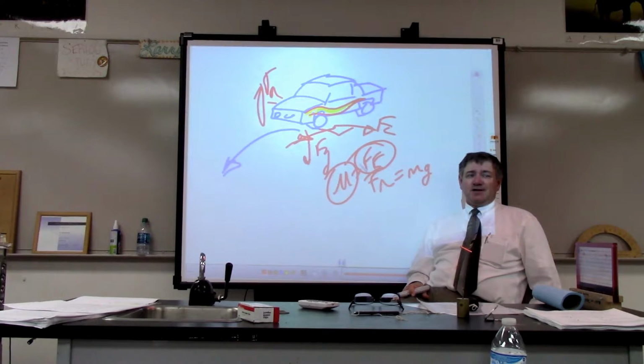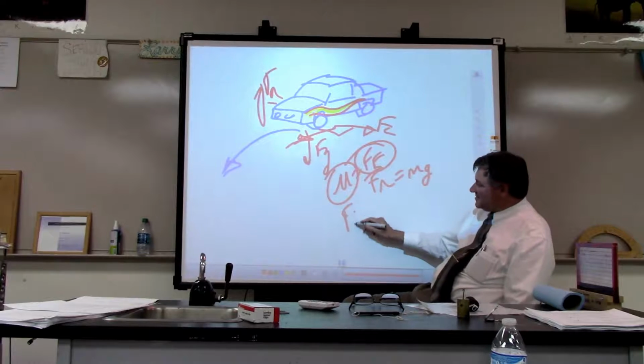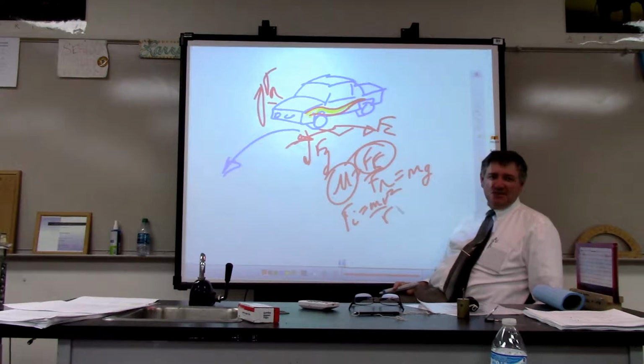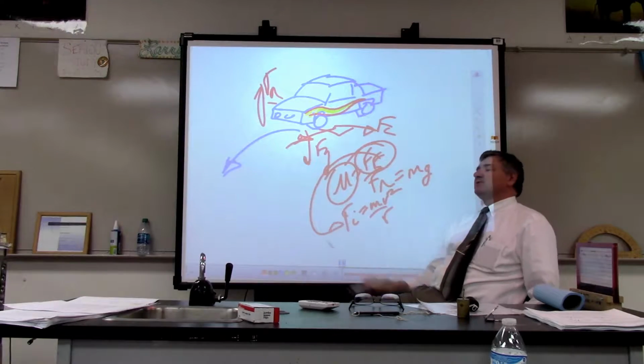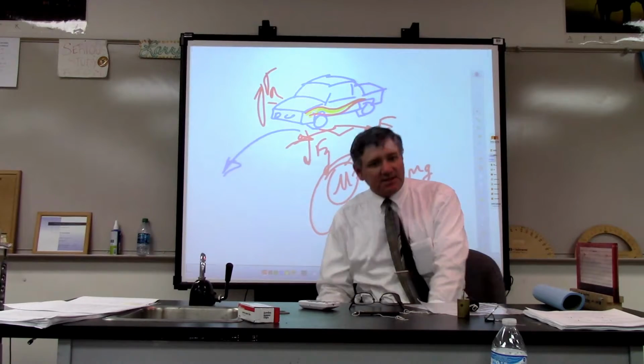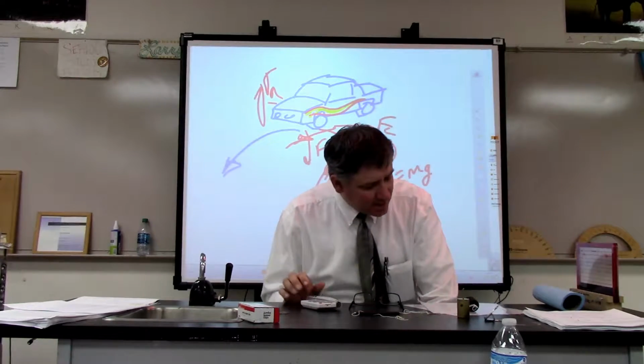It's what? mv squared over r. So at this point, you know the centripetal force, you know the mass, you know the radius, the only thing you don't know is the velocity. So if all goes well,